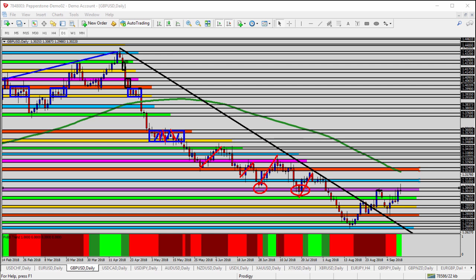Today we're taking a look at the GBPUSD, Great British Pound versus the US dollar, for today's trade analysis. Here on this daily time frame, we have come to what is so far the bottom of the downtrend and have retraced back higher, a little bit of a rising channel here for the pound dollar over the past couple